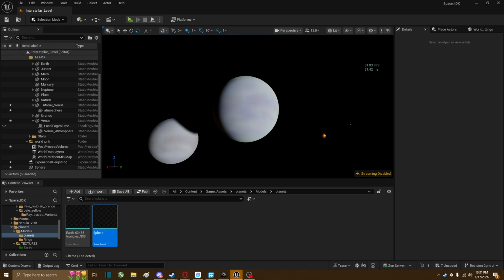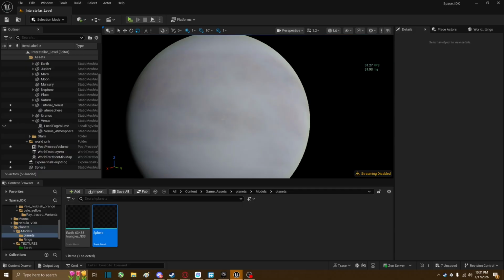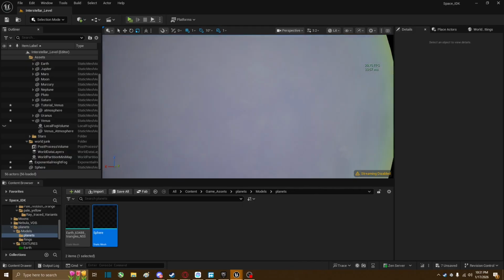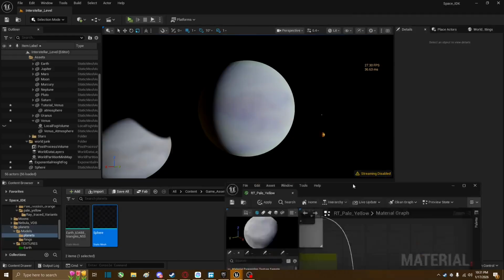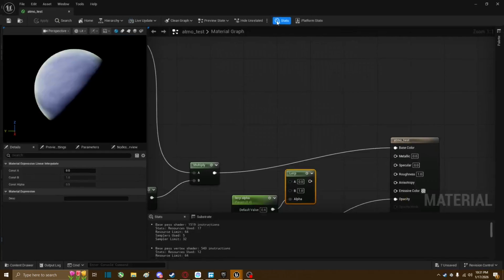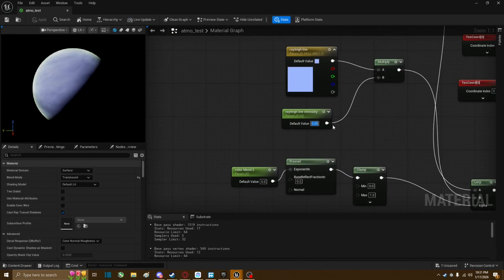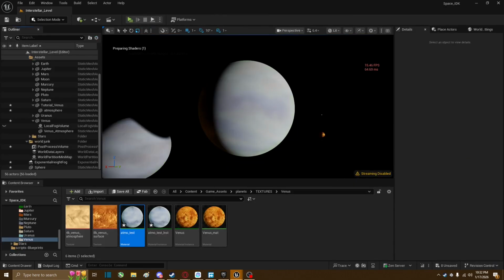Now, this is Venus. Now you might be wondering, why is it so blue in comparison to what we have here? This is very white and very nice looking. In that case, we come back over here. No, this is the wrong one. Hold on. Okay. We'll come over here. You can see it's very blue. So, I'll come over here. Instead of 0.5, we'll do 0.2 or maybe even 0.001. You're going to want this color. So now if you save, apply,